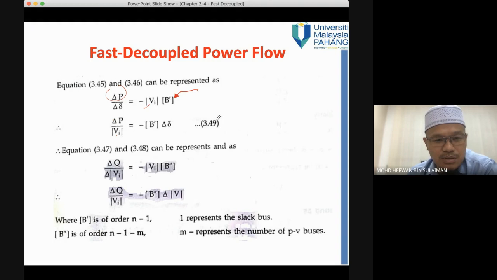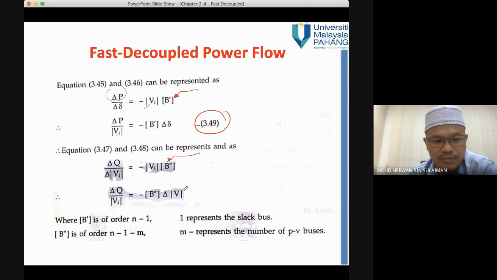Okay, so this is another equation. And then equations 347 and 348, these two: delta Q over delta Vi equals minus Vi B double prime. They give a new notation here. This is the same too, because this is linear. So delta Q over Vi, you bring down, and delta V you bring up. So you get B double prime